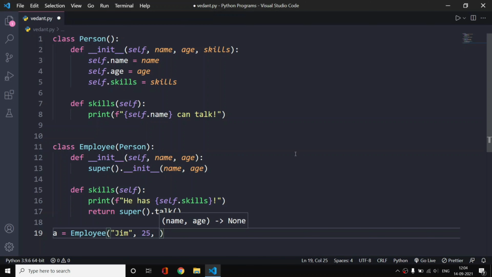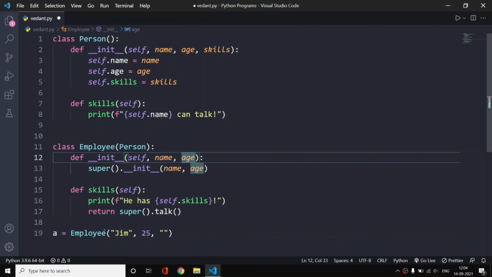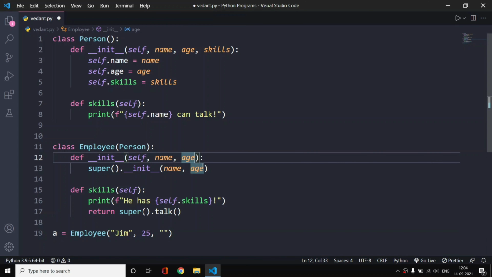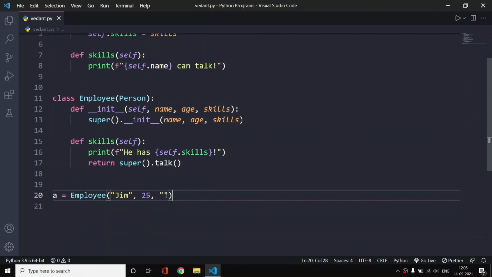Now we are not taking skills here, so we have to add skills here. Simply add skills, because we are no longer able to take input, so that's why we have added skills. So let's say he is a good dancer.